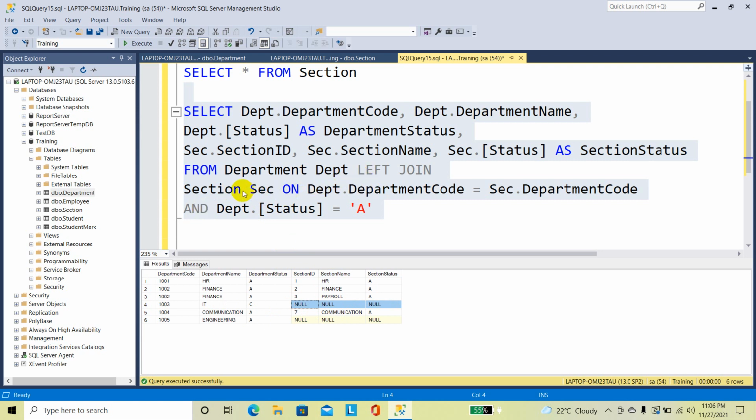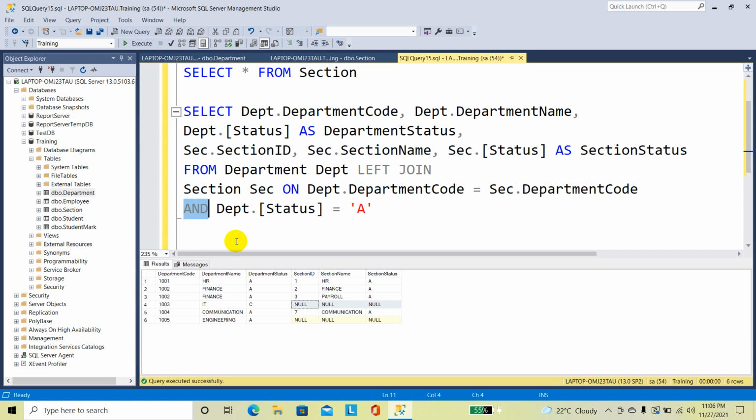And here under IT department there are 3 sections existing, but here it is also checking the department status is active. So under IT department with active status there are no sections existing. That's why sections are not displayed here.